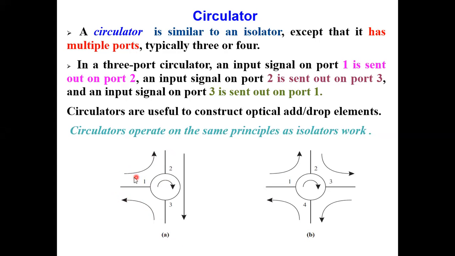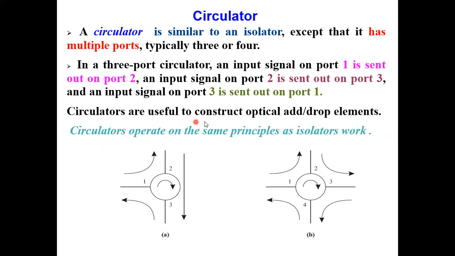Okay, what was happening in a coupler? Signal used to enter from one port and used to be split in different other ports. Okay, so here I don't have a condition like this. One input port and one output port, but that device will have multiple ports. So that is what is your circulator.